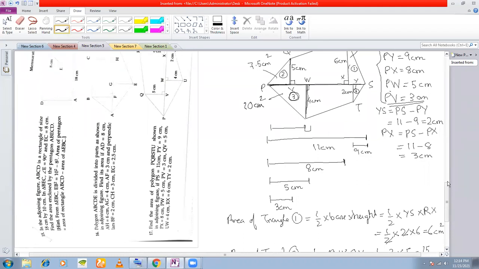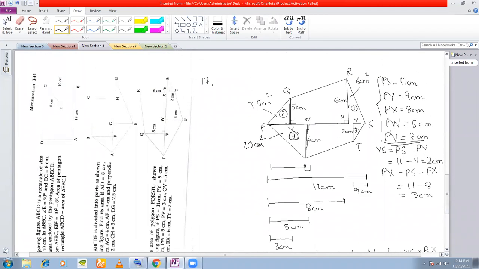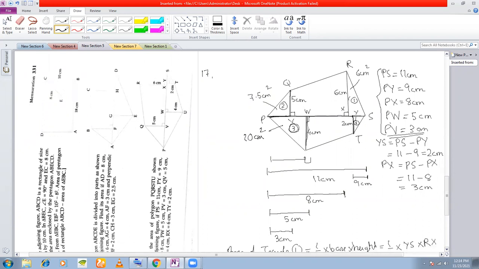Now we want to find out the area of the triangle 4. In case of area of triangle 4, if you see, this is the height of the triangle, right? And which one is the base of the triangle? Okay, one mistake that I have made here is YS. When I was finding the area of triangle 1, XS is the base, not YS. XS is the base. So in this case, we wanted to find out XS here.